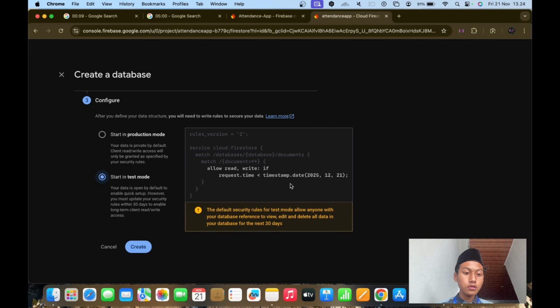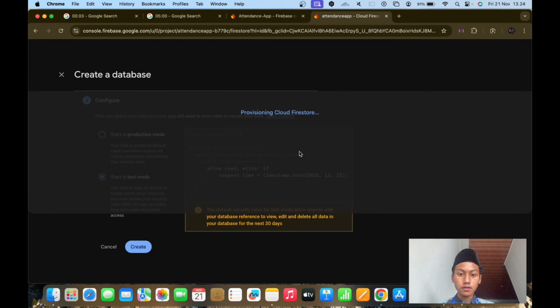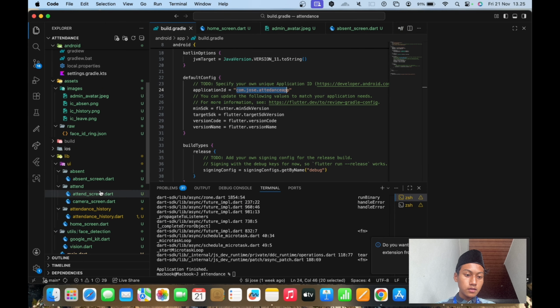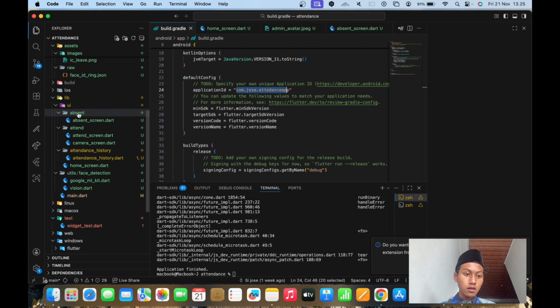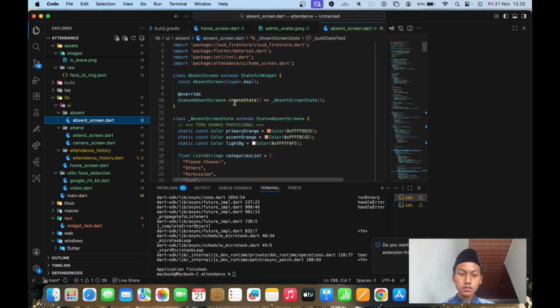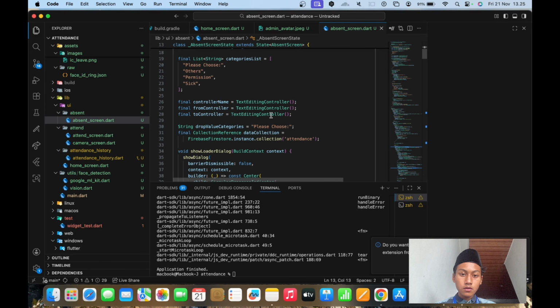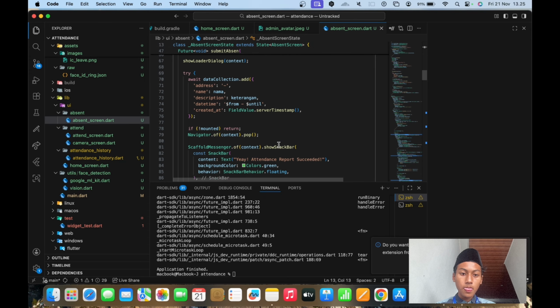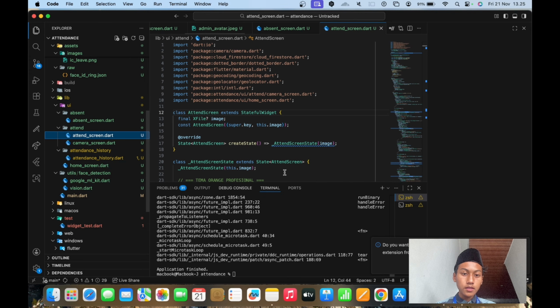I think you can use test mode just for testing, and then you can create the database. And then there is a file named absent screen, which has the content of the absent screen.